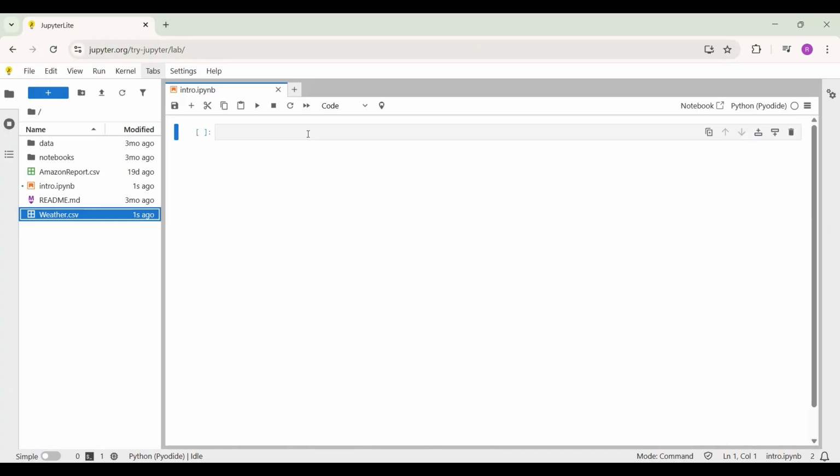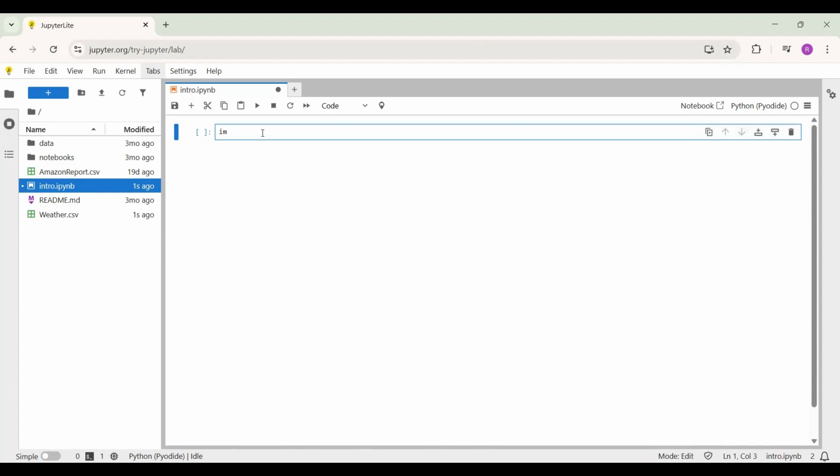Now let's start coding. The very first thing you will write here, in this tab, is import pandas as pd. When you write import pandas as pd, the pandas library will be imported. Now you are going to read a CSV file. So to read a CSV file, what are you going to write? You are going to write pd,